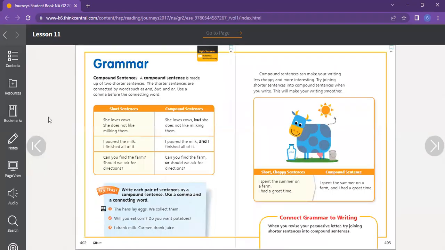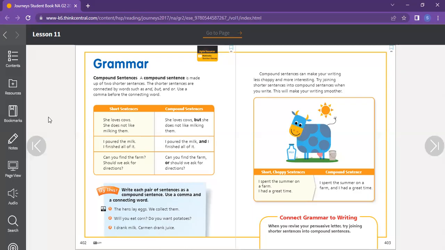The grammar will talk about the compound sentences. But what are the compound sentences? They are made up of two shorter sentences. So compound here means that we have a long sentence that's made up from two other smaller sentences. The shorter sentences are connected by words such as but, or, and so. Okay? And, but, or. The three words are called